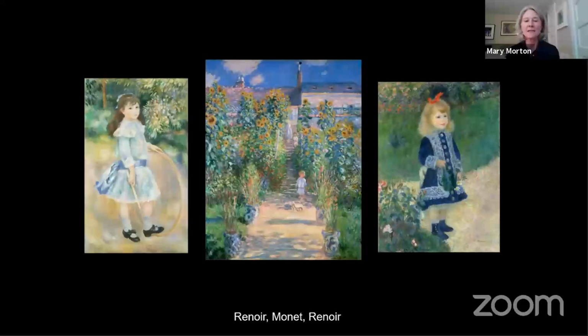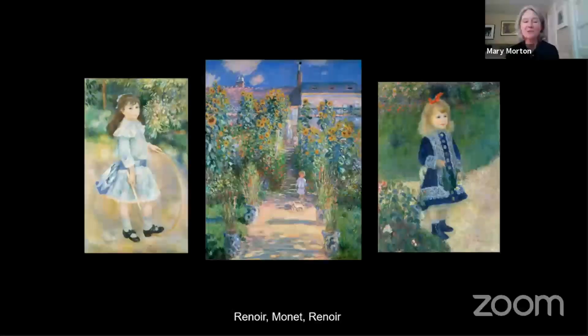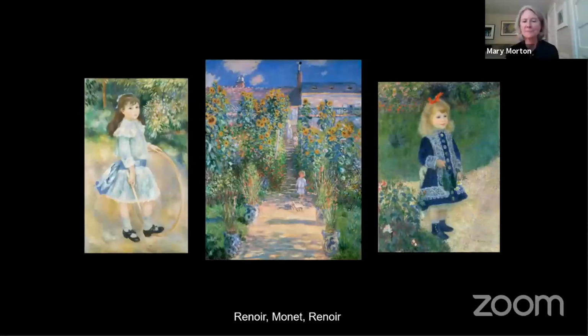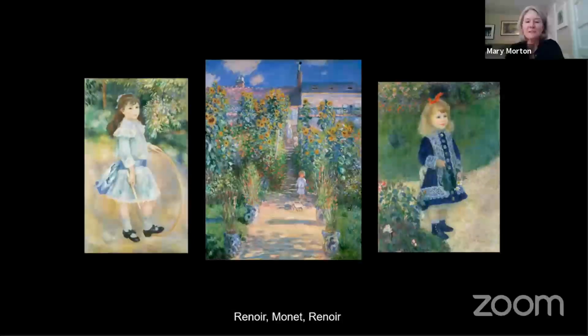And then that Claude Monet was an ardent gardener. And this is before he buys his property in Giverny. He owned a garden just behind his house in Vétheuil, and this beautiful spring shot of sunflowers, and again some children and his wife on the staircase. But these again are paintings about color, and I think this is why they're so popular. They're just so exuberant and